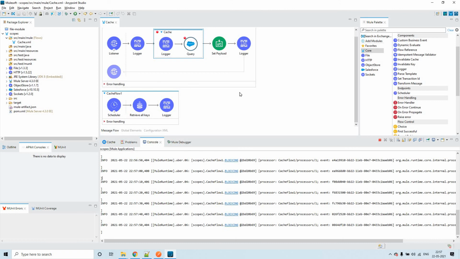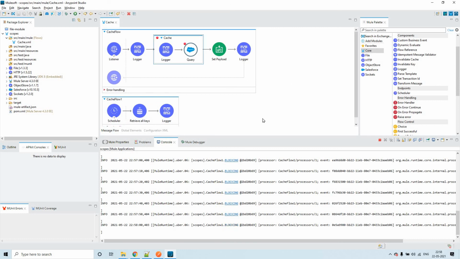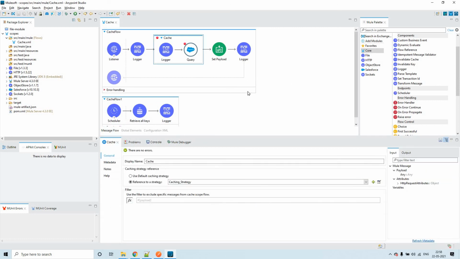The advantage of this is to minimize the interaction with the end systems or databases or HTTP APIs as well. If you are sending the same request again and again, it observes that it got the same request, so it will use the cache scope response, and also it will increase the lifetime of that key that is already in the cache.